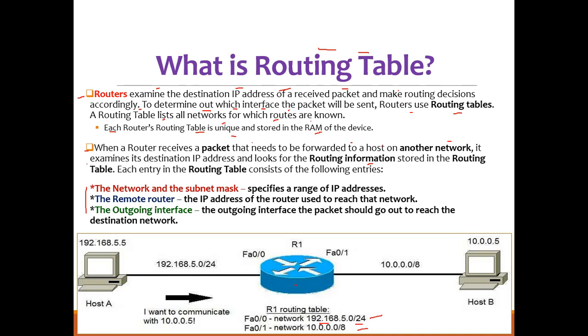So he's saying that maybe if some other network router is here, this router knows that, okay, to reach this you have to go to this IP address, to this router. So the remote router information, and the outgoing interface. He is saying that if you want to reach this network, go with this outgoing interface. Okay, see here, this router 192.168.5.0, so you see the outgoing interface, right? So these 3 items you will see. We'll check all these 3 while configuring routing.